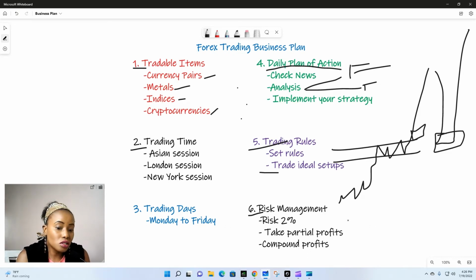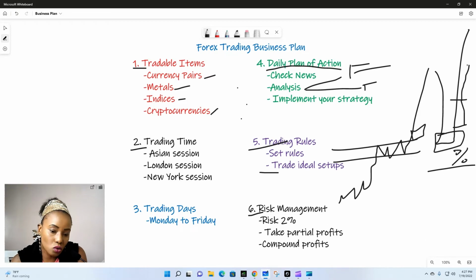That is, whatever your stop loss is, the percentage of your stop loss should be the same percentage of your first take profit. So when you enter the trade, you put your stop loss. For example, this is your trade entry here. You decide to put your stop loss here. So the percentage that you put here should be the same percentage that you're going to take your first partial profit here. So if it's a 1-to-1 ratio, then once you get to the ratio here, probably this is 50 pips, then you can take your first profit, then let the trade continue all the way to a 1-to-3 ratio.